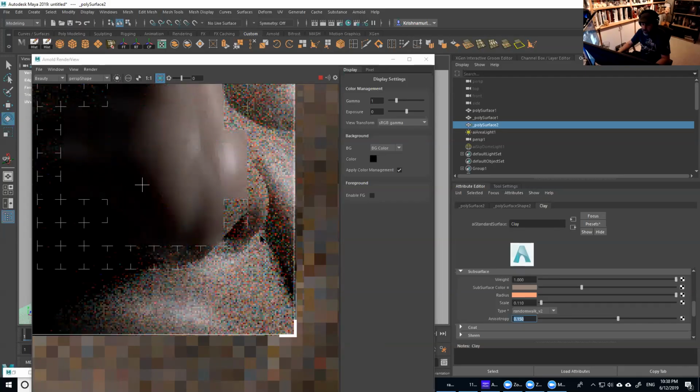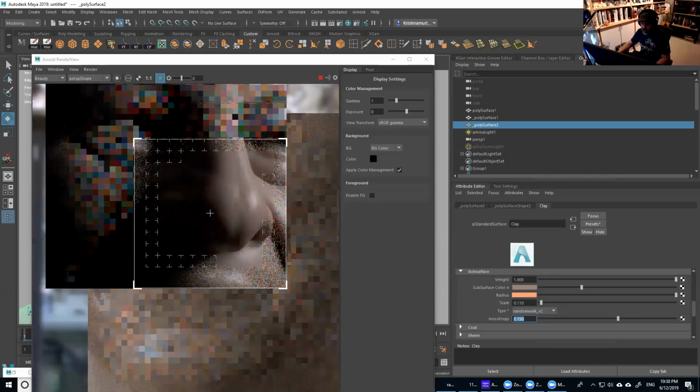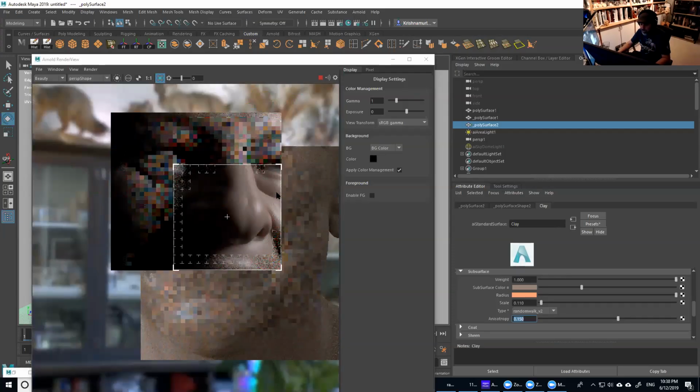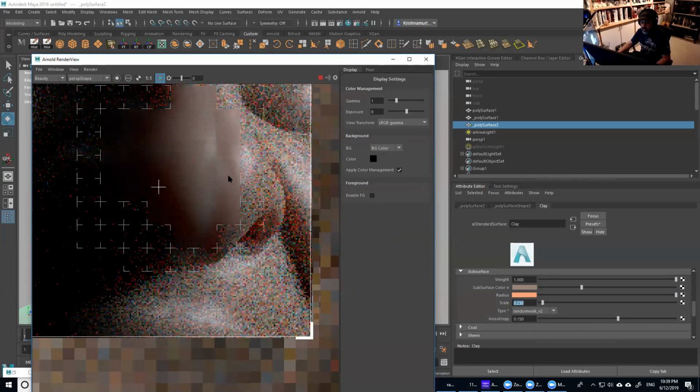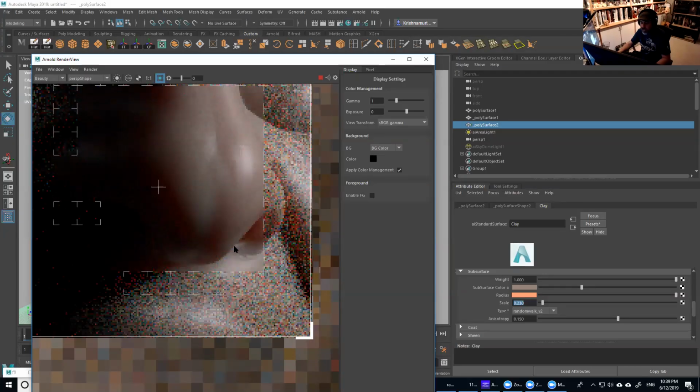So that's just an introduction to it, of course. Depending on your model, and your own taste too, it plays a role, because everything here is an artistic approach. I don't do anything completely physically accurate. But if you want to play with those values and you feel that at 0.2 you get a little better result with the scatter, a little more red, a little deeper, then go for it. At this point here, it looks a little more like silicone to me, so it starts looking a little too scattery.